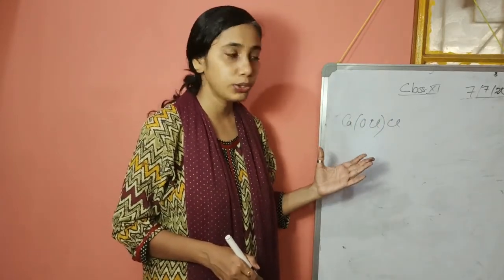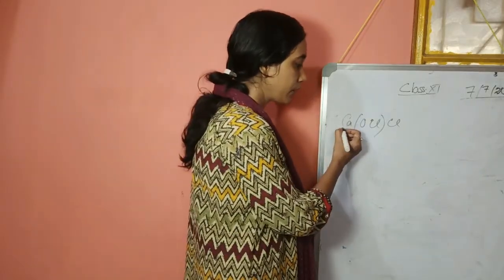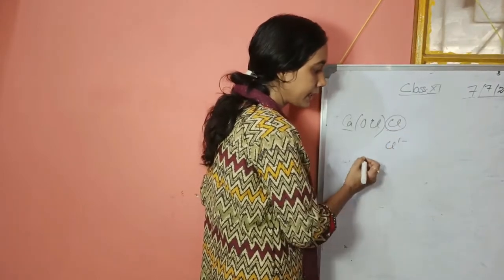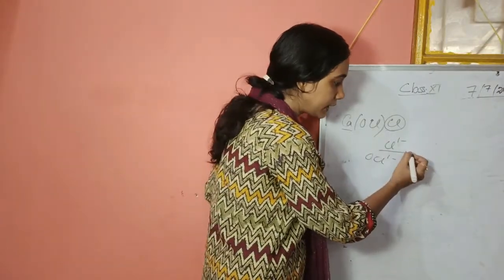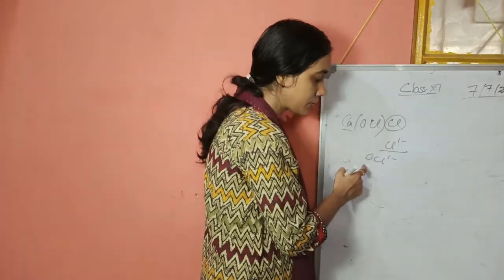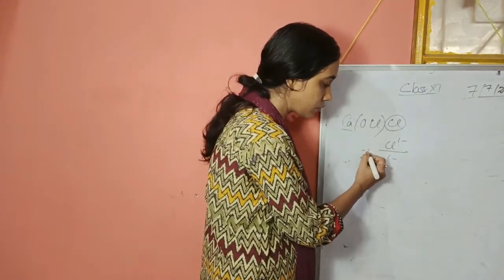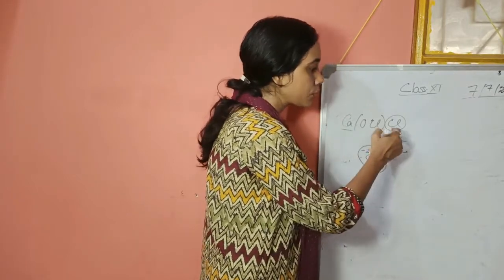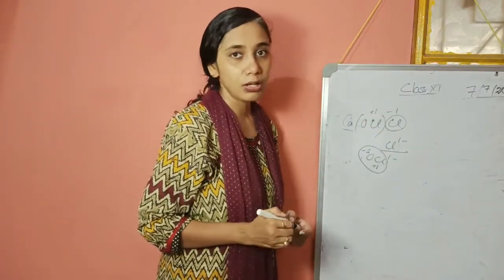As a whole, the molecule has 0 oxidation number. It's a neutral molecule, calcium +2. But here Cl minus, we know Cl minus is a radical and OCl minus is another radical. So you have understood that here chlorine's oxidation state will be -1. But here in OCl, as oxygen is more electronegative than chlorine, oxygen is -2 and chlorine is +1, as it is as a whole -1. So this chlorine is -1, this chlorine is +1. So that's the oxidation state.